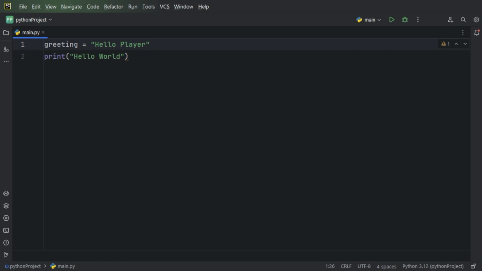Now I need a variable to store my game score, and I will call it game score equals, let's say, 42. So a whole number is called integer in programming, or int for short. So we just have created our first int. Integer is a whole number, meaning it doesn't have any fractional or decimal parts. It can be positive or negative or zero. I think integer is a great fit for our game score, because I don't think it's practical to use decimal